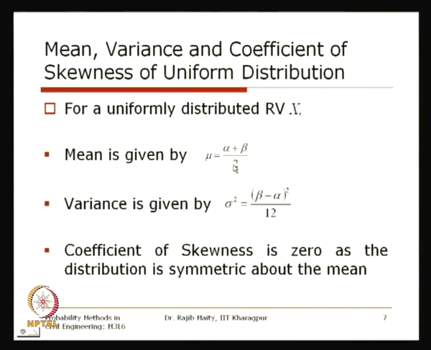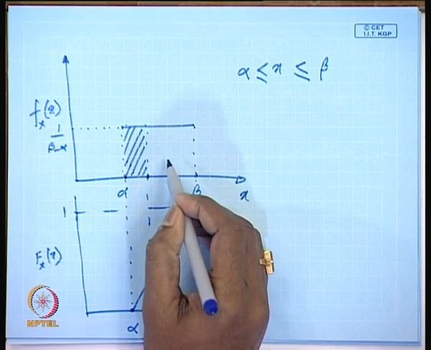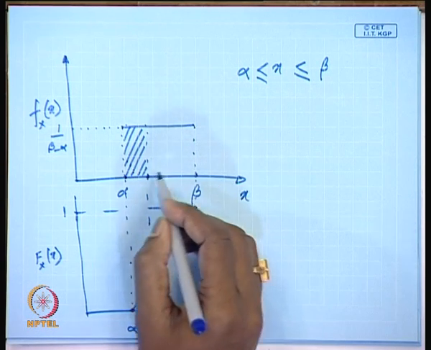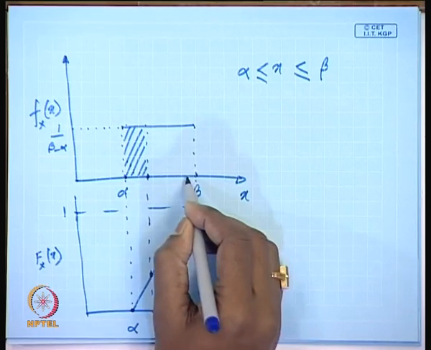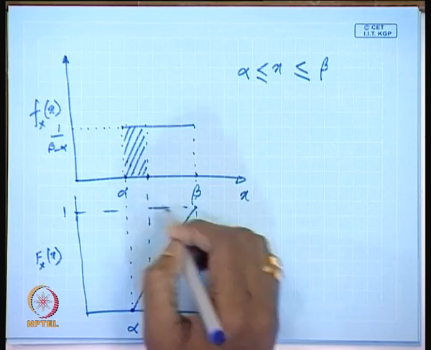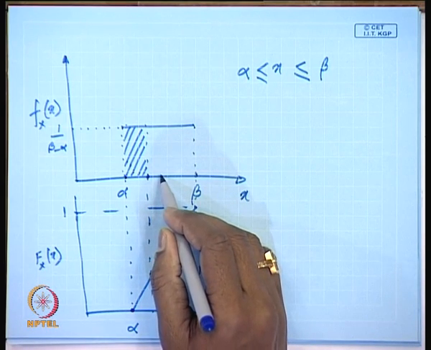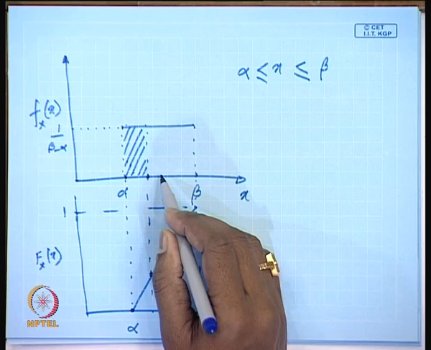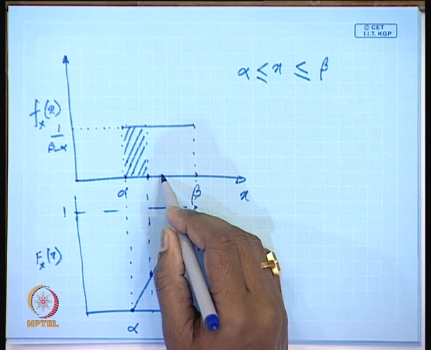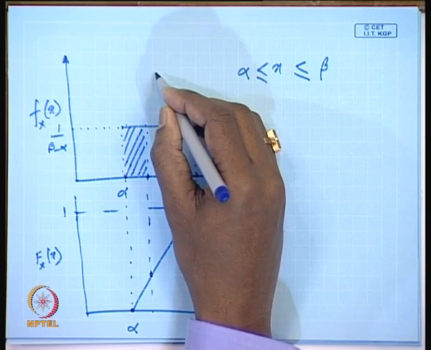diagram as well. As this distribution is uniform, the mean value should be at the midpoint of these two limits. That midpoint is nothing but alpha plus beta by 2. Now, before coming to the variance, let me look at the coefficient of skewness,